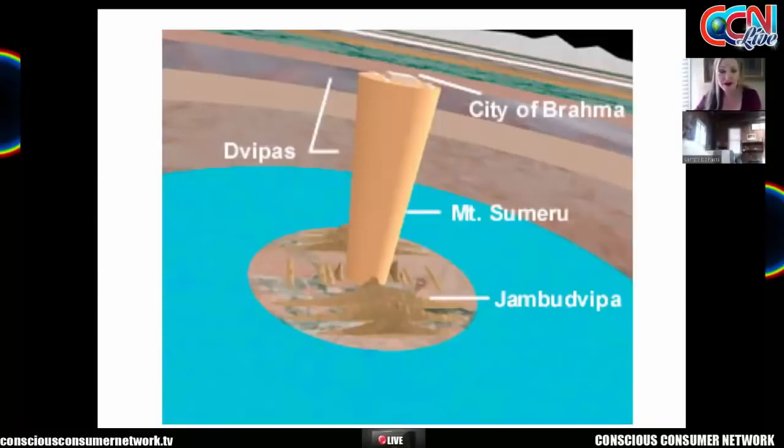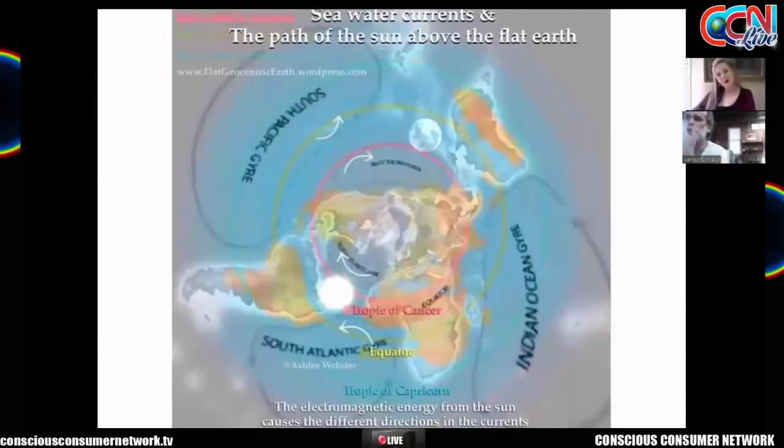For a start, they're not qualified. You know, the Hindus teach that only qualified beings can go to the moon and the spheres after the moon. So only the rishis get to go there. Now, at the bottom of this plane here, we see Jambudweep. Jambudweep is the flat point from where all of our Earth extends, from this central point here. And of course, this is Mount Meru, Mount Sumeru, Samaria, Moriah, Zion, Sinai, Olympus. This is all the sacred mountains, guys. It's all Magnetic Mountain in the center of the Earth